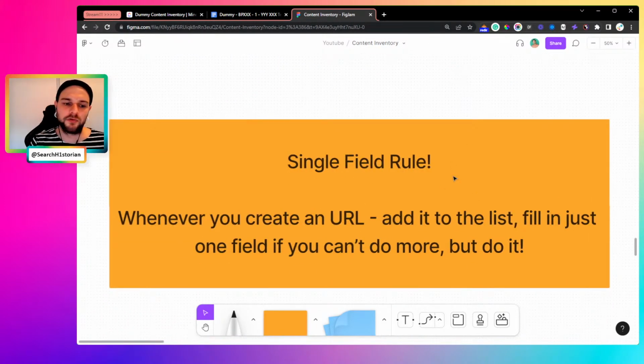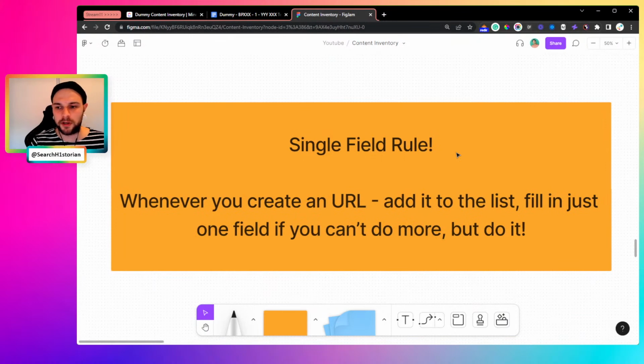And I have this kind of rule with the teams that I've been working with, which kind of helps a little bit: if anybody ever creates a new URL, you always add it to the list. That's it. You don't need to fill in other fields. We can work it out later, but we have to have a list of active URLs. So basically, the rule is like this: have one field that is mandatory to fill every time you take a certain action,